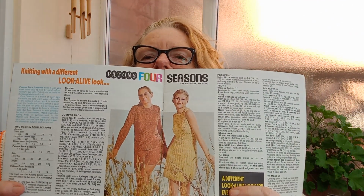So the archetypal family unit with a father with his little pipe and a boy with a ball, and mother looking on adoringly to both, because that's what mother's supposed to do. But the thing I found quite interesting was, look at this, very almost 60s, isn't it? Look how tiny teeny the pattern's written. I know it's back to front or whatever, but the writing is really small. And I know people complain about patterns today, but these are really quite small and quite complicated. And there's no diagrams